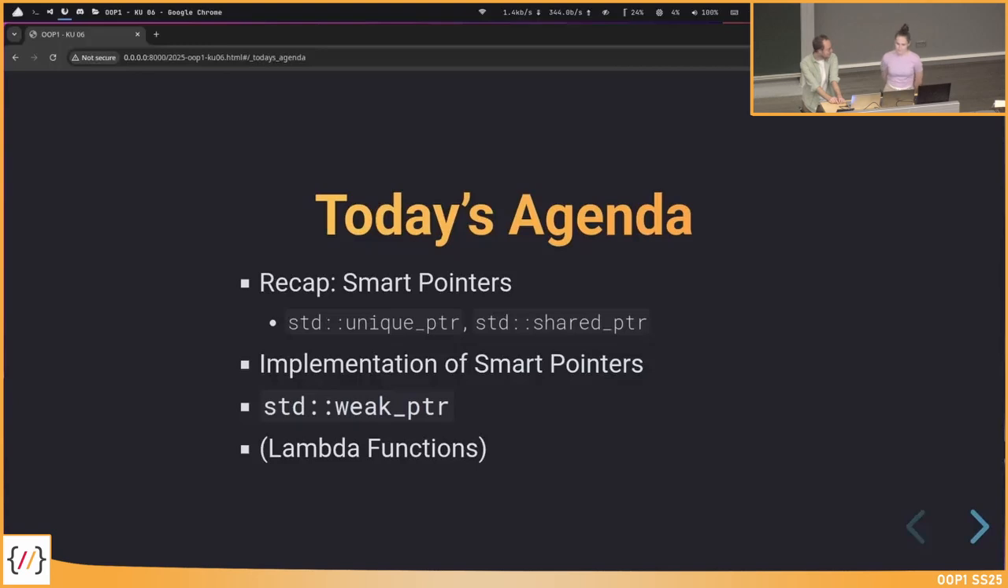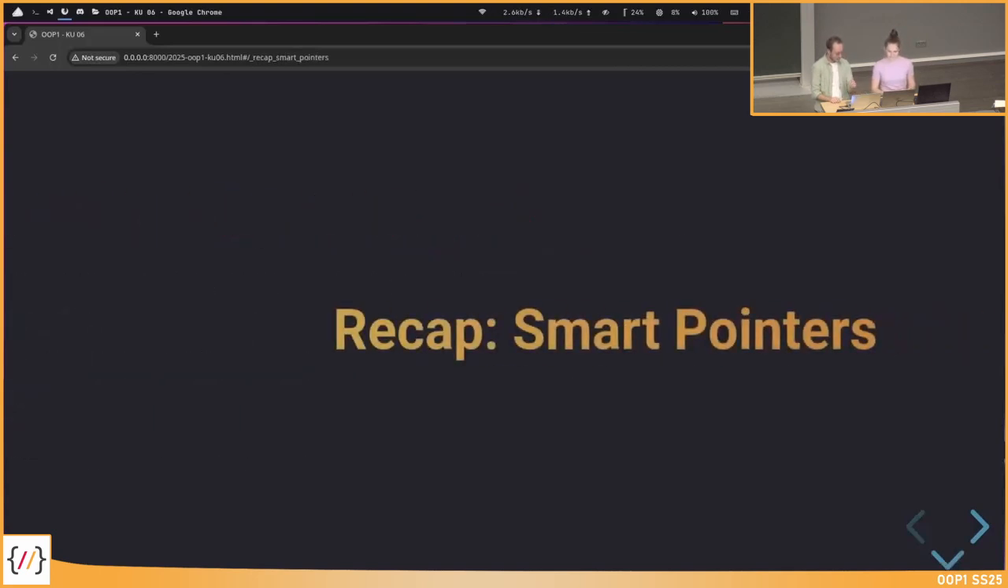So we will have some recap there and start with unique and shared pointers. And Julia will also implement a shared pointer on her own, live in the lecture hall. So this is not an extremely complex thing, but we can do this here live. Then Clemens will talk about weak pointers. And let's see if we have enough time, then we'll also talk about lambda functions as some additional topic, which is not discussed in the lecture. Okay,